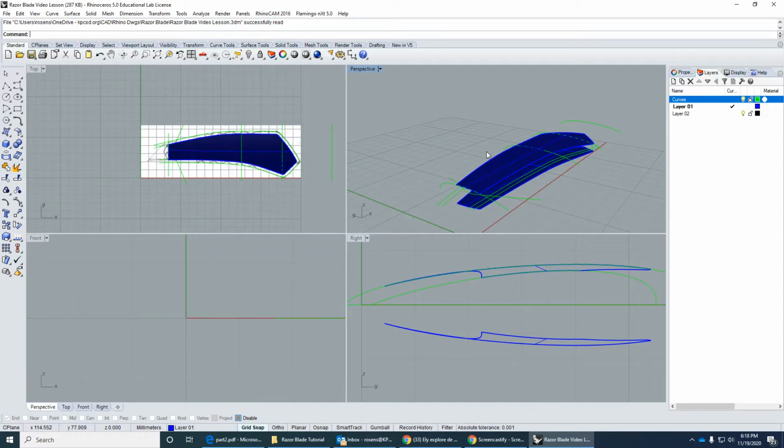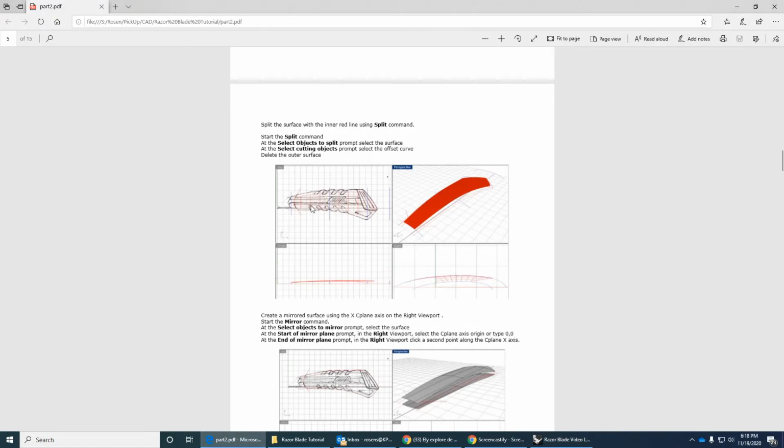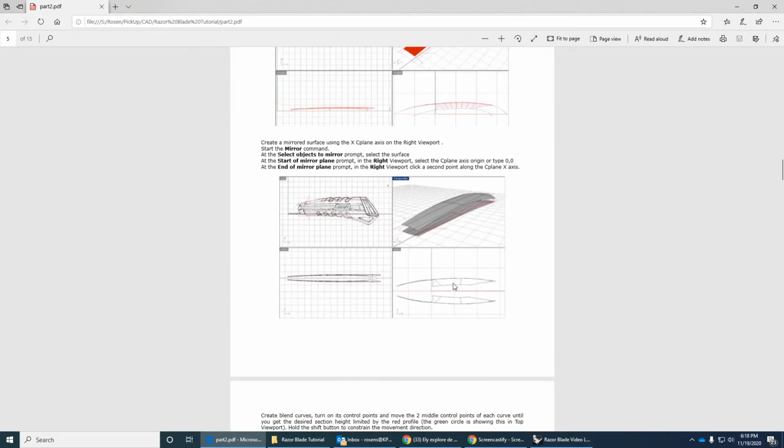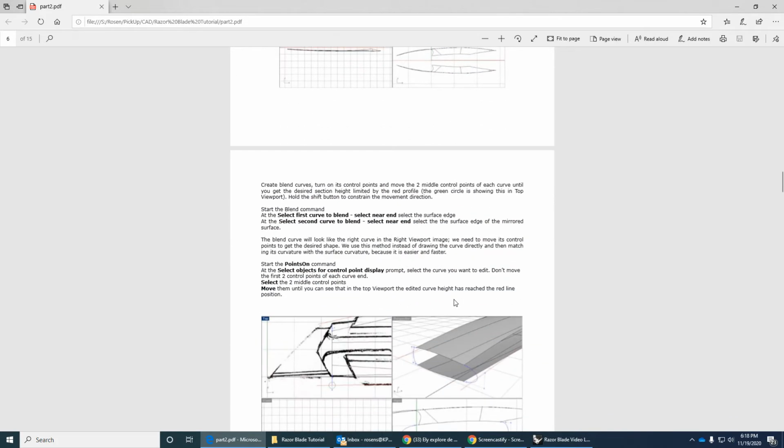So I'm going to continue on with the tutorial. So here is where we left off. Okay, and I mirrored one surface over the X plane and had the other one here. All right, so now